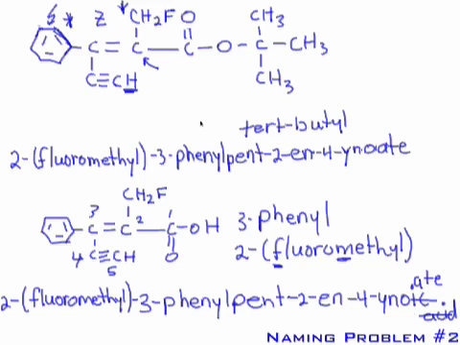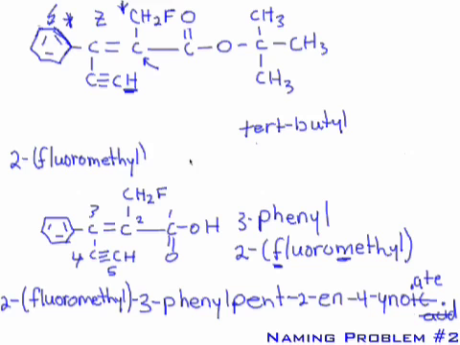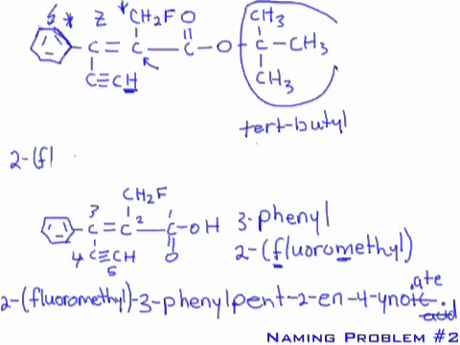Do I put it in front of the tert-butyl, or do I put it in front of the 2-fluoromethyl? Well, let's write this out again, because I'm going to put it in front of the group it is on. And the group it is on is the ester name, not the alkyl name. There is no E/Z isomerism on the alkyl group around oxygen, so it does not go in front of the tert-butyl. The tert-butyl stays up front as a separate word, and I get Z hyphen 2